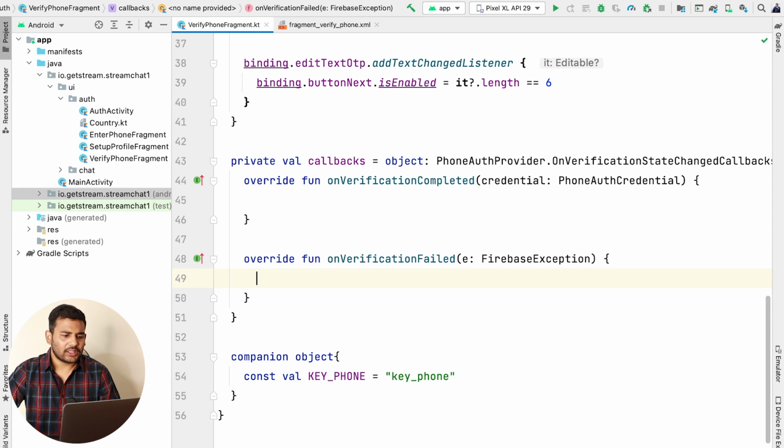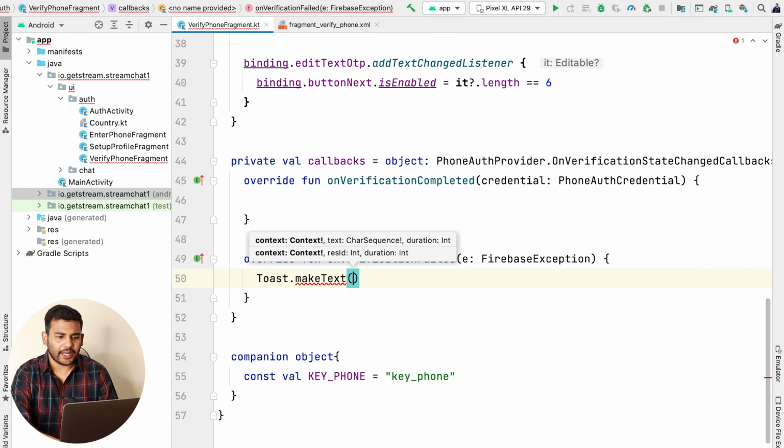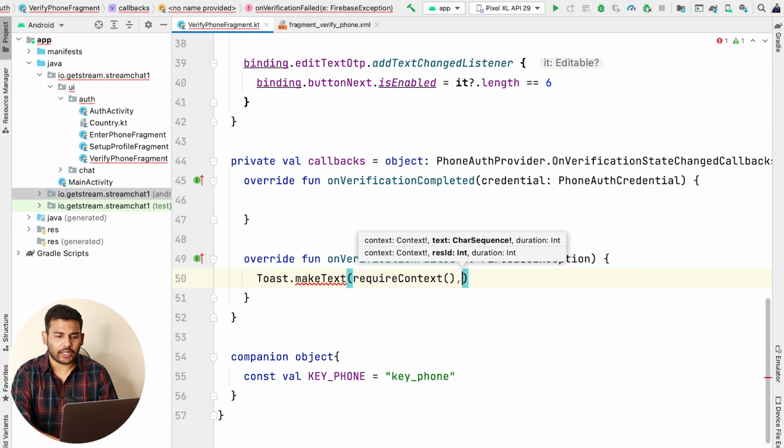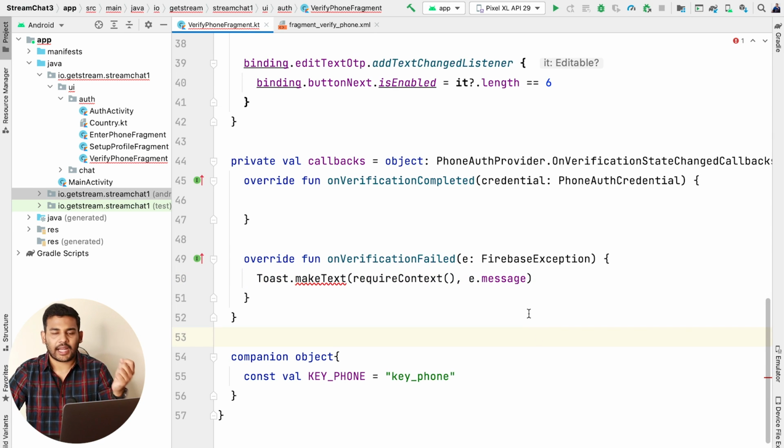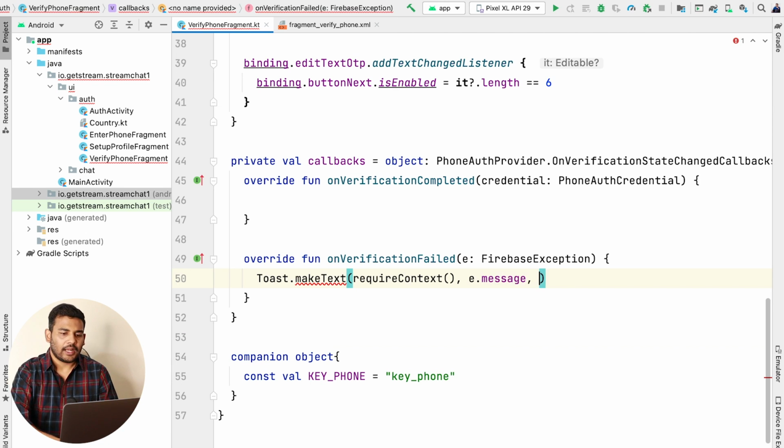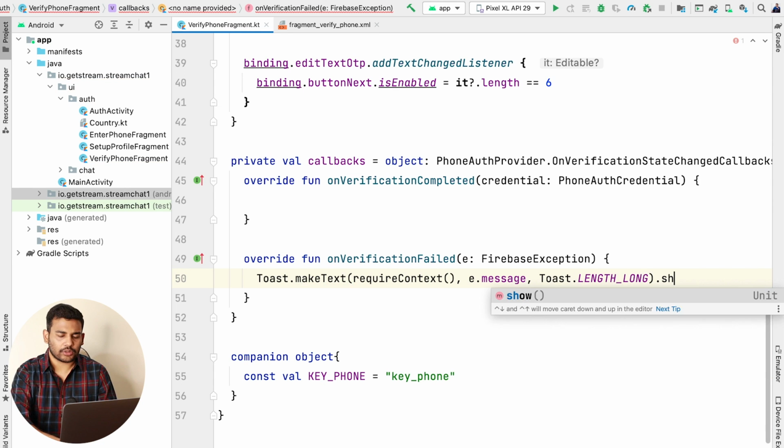So what I'll do is I will use a toast. Let's use a toast for now, and I will write toast make text, and for the context I can pass require context, then the message. So I will use the exact exception message, and then the length of the toast. So I will write length long and I will show the toast.